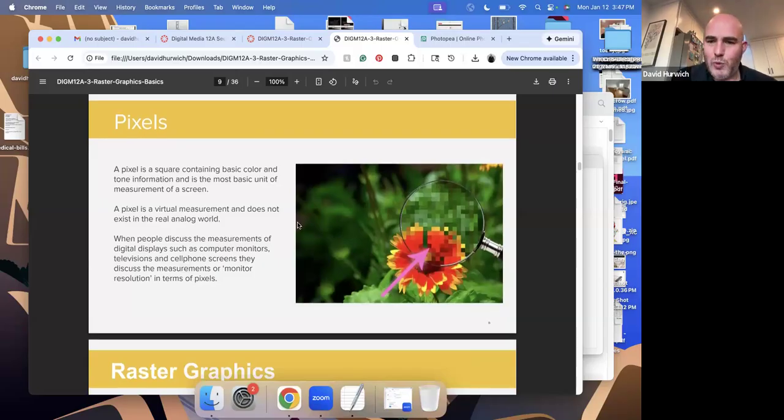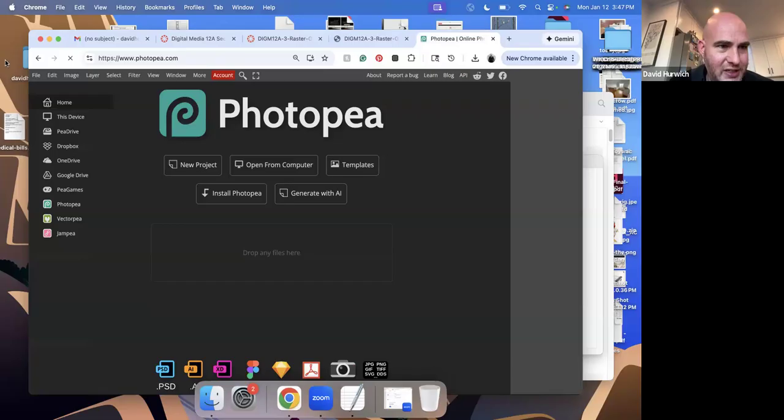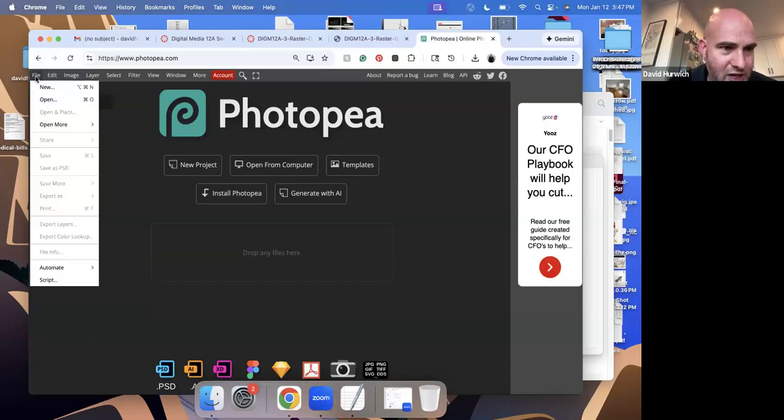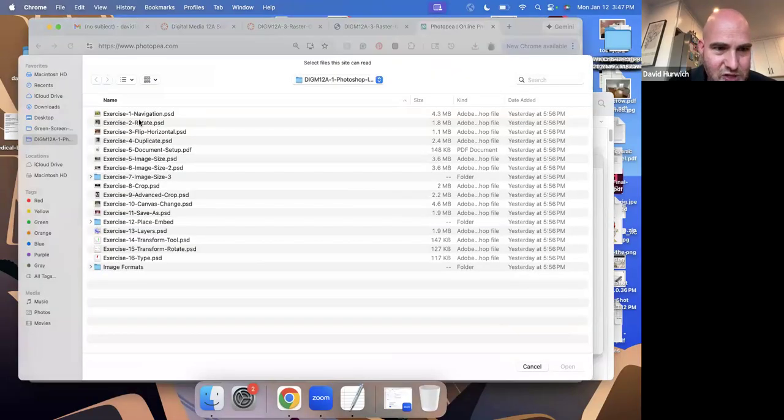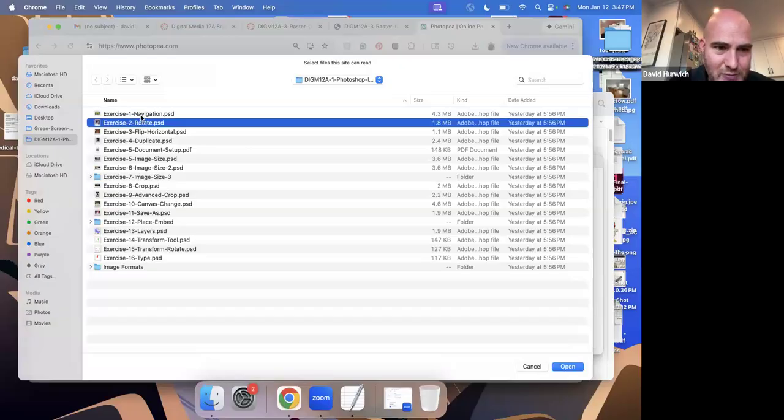A pixel is a square, and it is the most basic unit of measurement on a screen. Unfortunately, I can't show you this because I don't think the screen recording technology will let me do this. But if we were in person, like in a classroom, what I would do is, if you had some sort of image